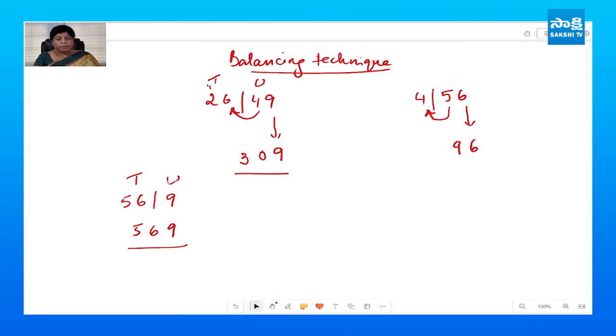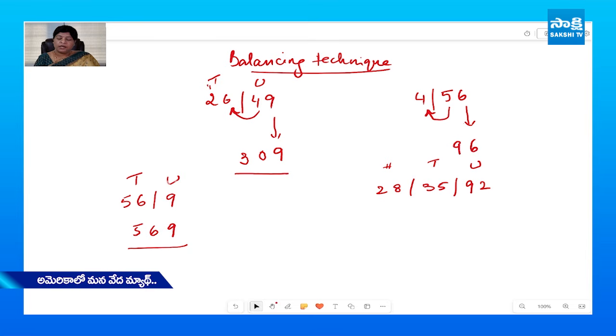So what if we have multiple numbers in each place values? Let's say I have 28, 35 and let's say 92. So this is going to be our units place or the ones place, tens place and hundreds place. So now in each place value I have two digits. So I need to make sure the extra digit is passed on or carried forward to the next level. So I retain 2,